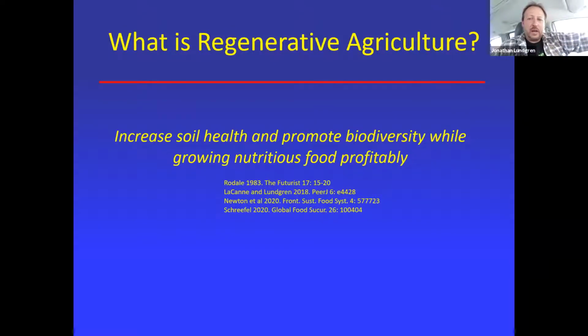What is regenerative ag? You see a lot of definitions. I think this is a good one, and there is some science behind some of these definitions now. There are at least two papers that have come out in the last year or so that are trying to nail down what is a regenerative system. But if you ask me, increasing soil health and promoting biodiversity while growing nutritious food with profit, that's a regenerative